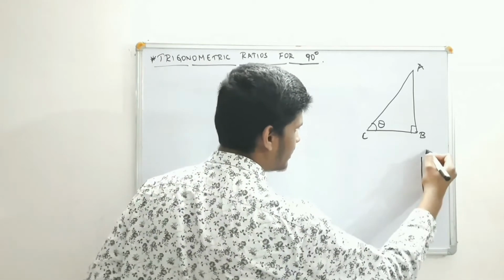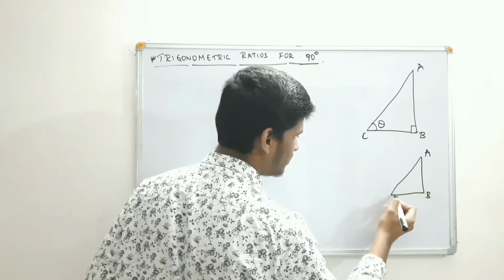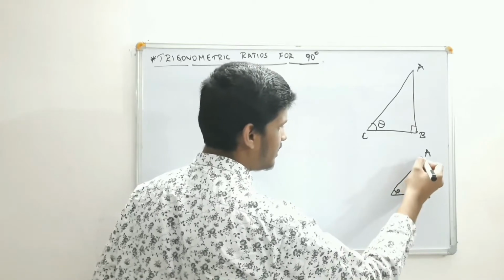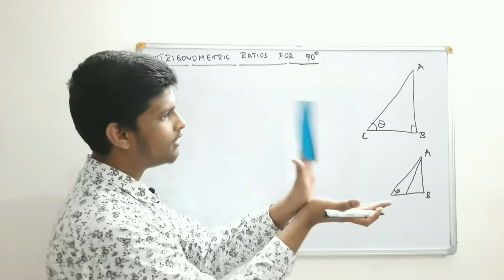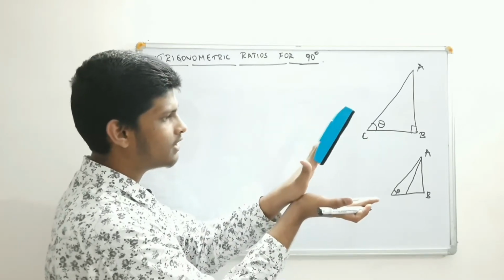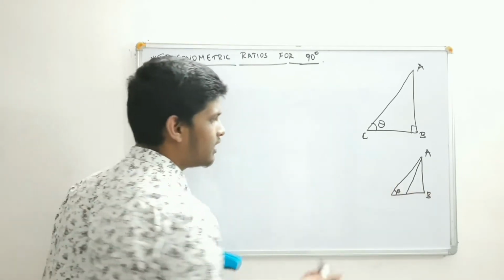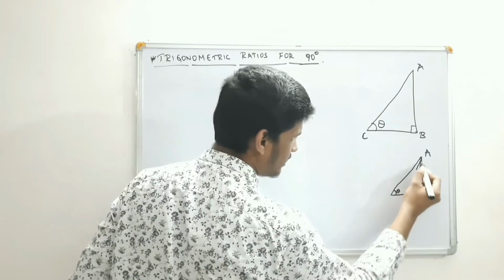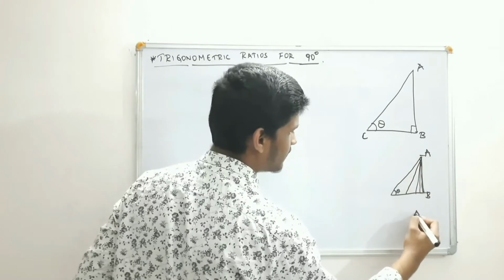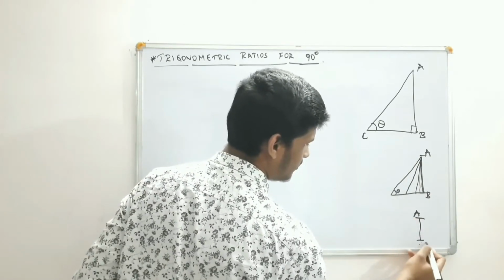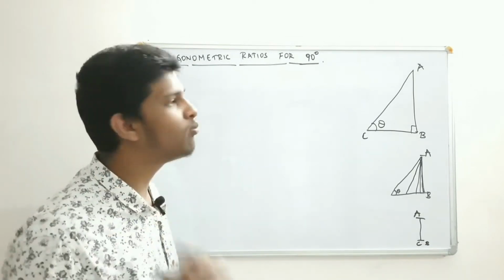So we have here A, B, and next here we have theta and some acute angle, and next increasing. We have some acute angle here, and for 90 degrees we increase like this, until it becomes 90 perpendicular to base BC. So we are increasing and again increasing, and like that both became same, A here and B here and C also here. This time B and C coincided on the same point.